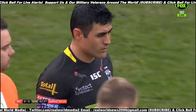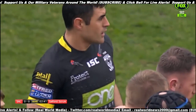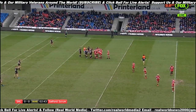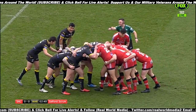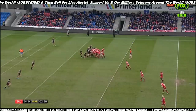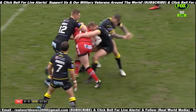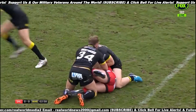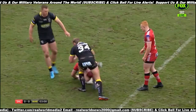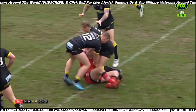You know, Terry, looking at this game as a whole, I know it's only round 10, that the Warrington Wolves need to win to convince people that the disaster of last year is out of their system, that the recent form under Steve Price is the real deal, and that the Warrington Wolves will have a major say in who lifts the trophy at Old Trafford. I think they need to win here. I think the pressure is off Salford. They just need to perform, show that they're going to be a side that's going to battle to get into the 8. But for the Warrington Wolves, even in round 10, I think this match that they're expected to win